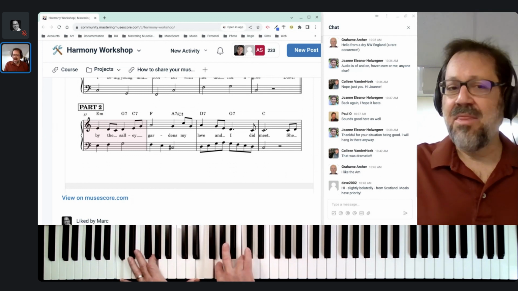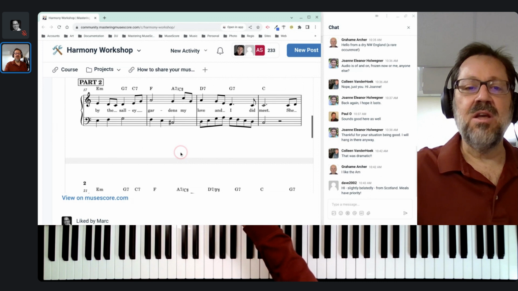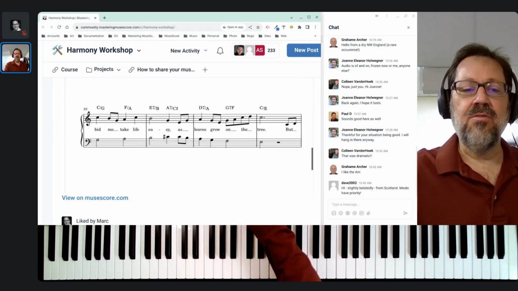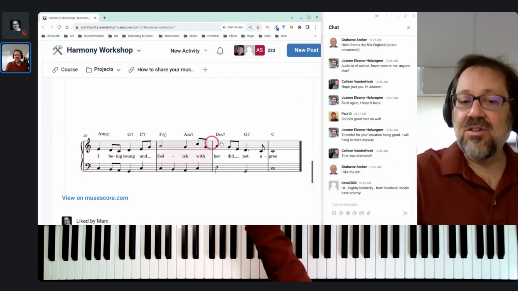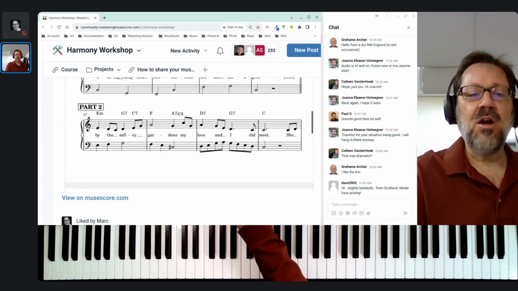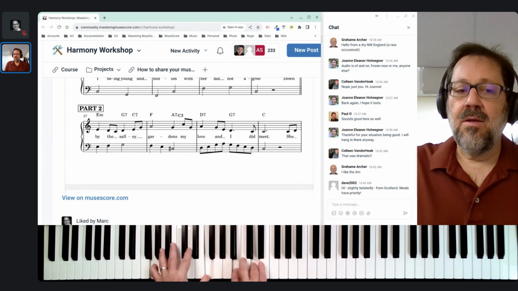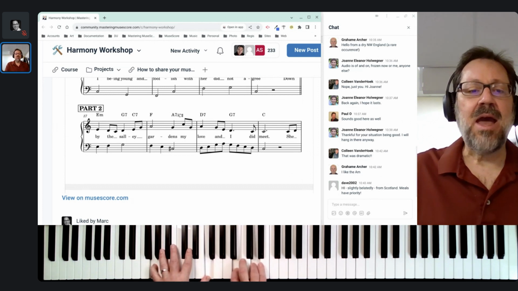So I'm going to talk about that phrase first, because then he uses essentially that same harmonization in the third phrase. In the second phrase, he uses a different harmonization, and in the last phrase, even though it's the same melody. But let's talk about that melody, this one first. So he's got the 5 chord here, like he had originally.